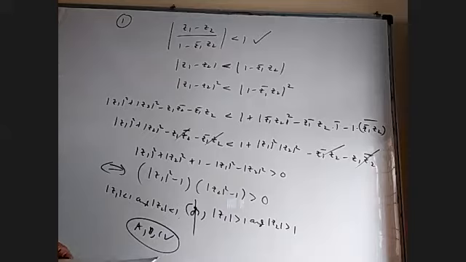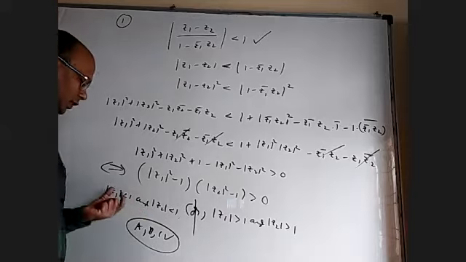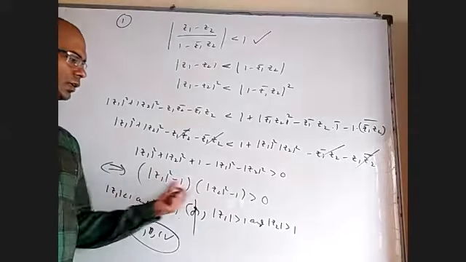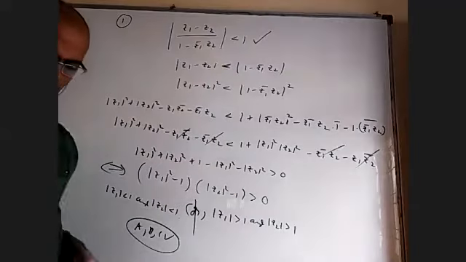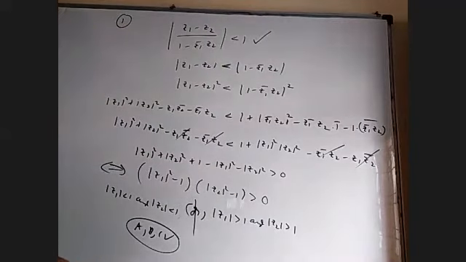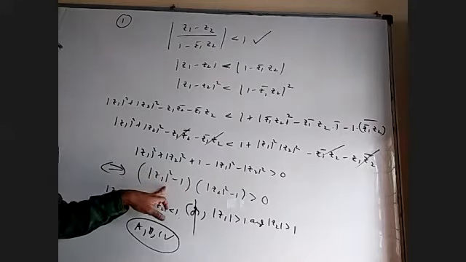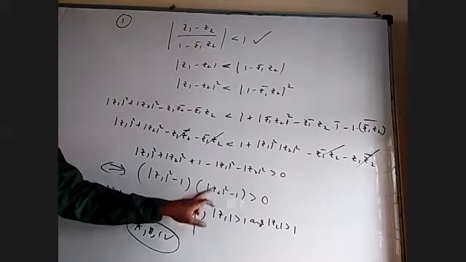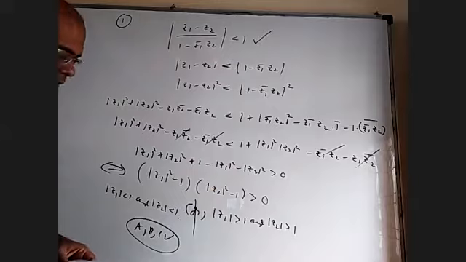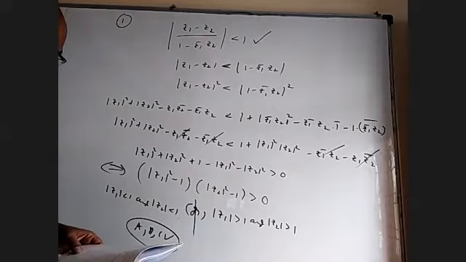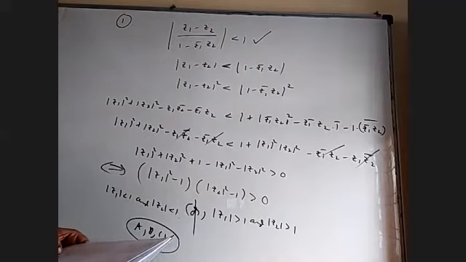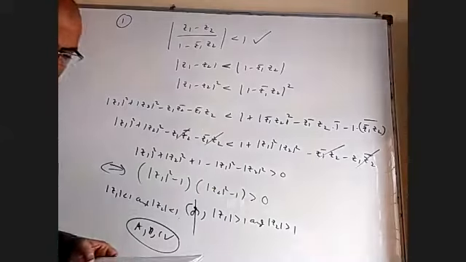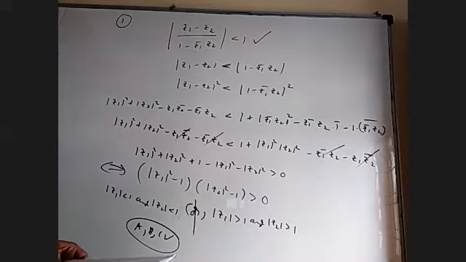Okay, if you see carefully, option A they gave, if this is less than 1, this is less than 1, this is true, so this is true. So that's fine, no problem. Option B, if this is less than 1 and this has to be true, even mod Z2 should be less than 1. Option C is also like that. B and C are quite similar. D is not correct.